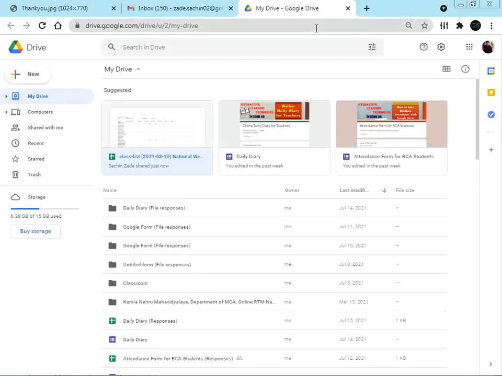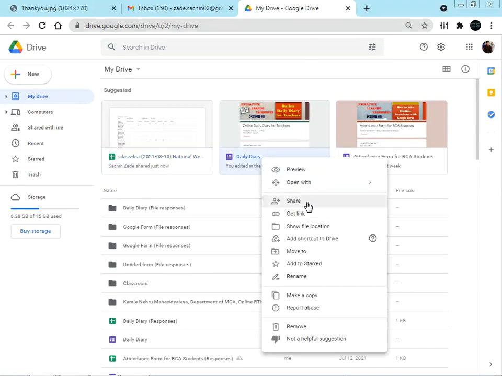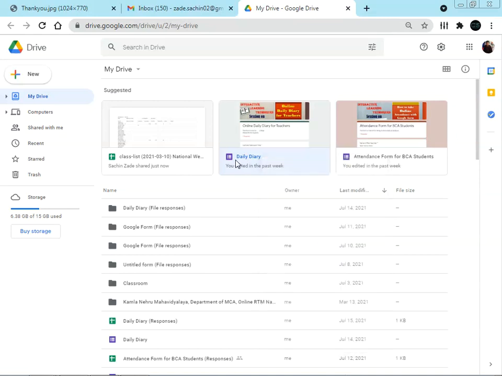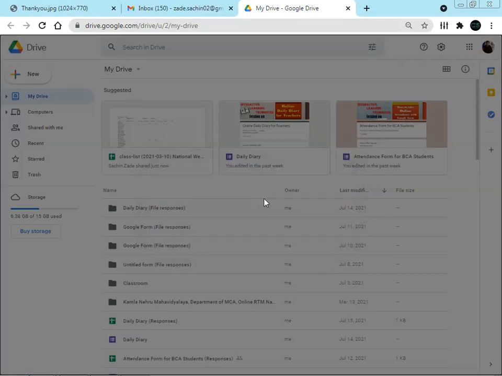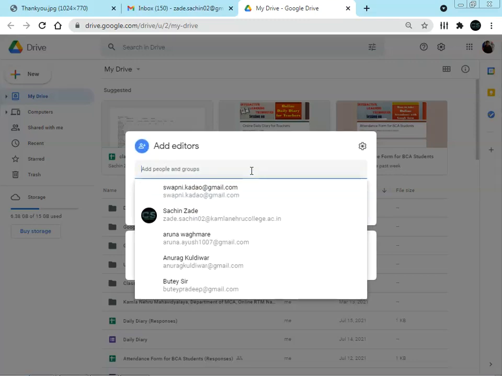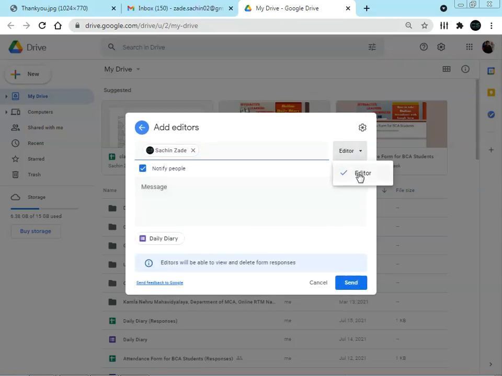So we are closing this, and we are moving to another account, the sharing account. For sharing, suppose we have this Google Form and we want to share it. I am giving the account. Here suppose we are sending the particular form to this particular person as an editor. This means we are sharing the form to this account user, and that person can make changes in it.